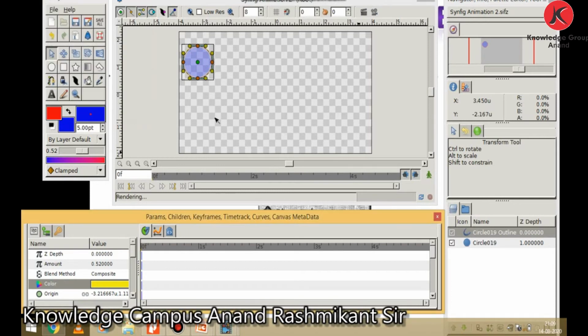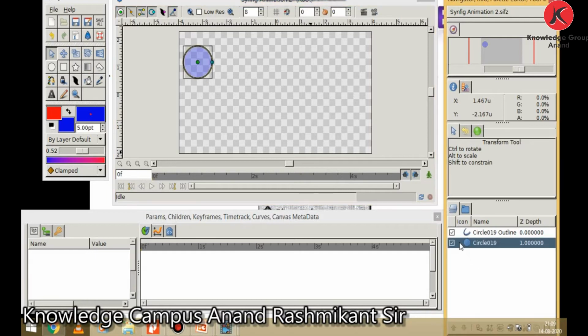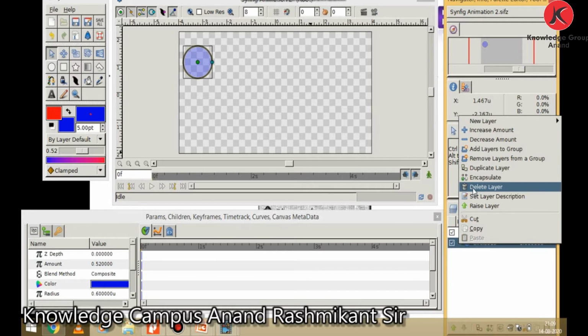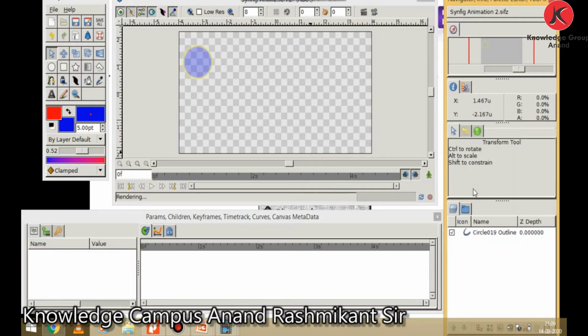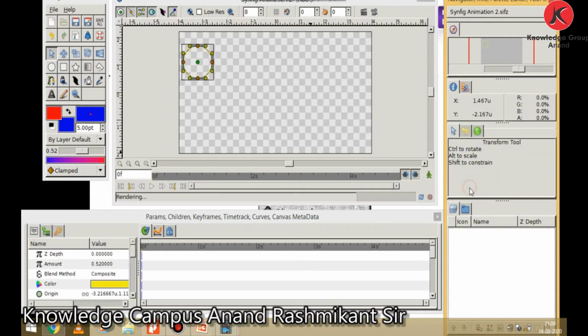You can see now it has changed to yellow. You can delete any object from the canvas. If you want to delete any object from the canvas, then you should delete its layer. So right click on it and choose delete layer. Once again right click on it and delete the layer.